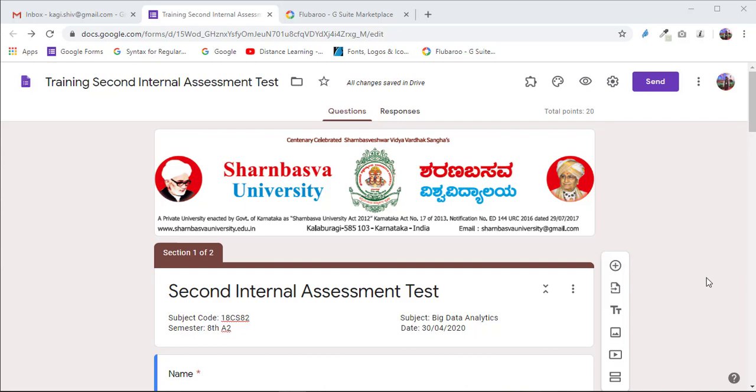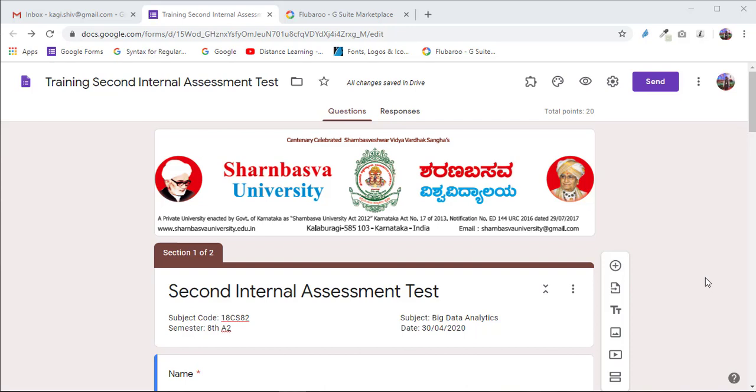Hello everyone. This video explains how to allocate 4 marks for every right answer and how to deduct minus 1 marks for a wrong answer as per the latest examination circular. As per the rule, it is now finalized that every question carries 4 marks and each wrong answer will deduct minus 1 mark. So how to perform this using Google Forms?